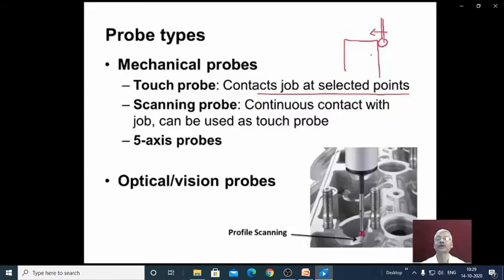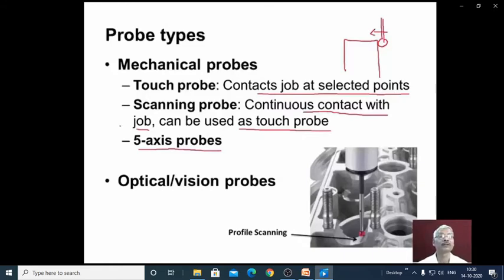If it is a CMM with a dedicated computer system, these selected points are decided by the software or the inspection program. Now with the scanning probe, there is continuous contact of the probe tip with the job, but this can also be used as a touch type probe. Then we have 5-axis probes, the details of which we will be discussing shortly.